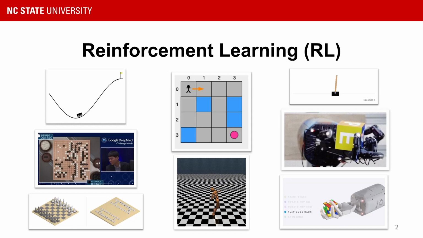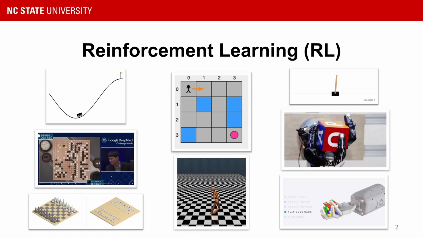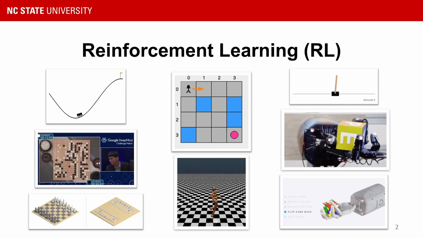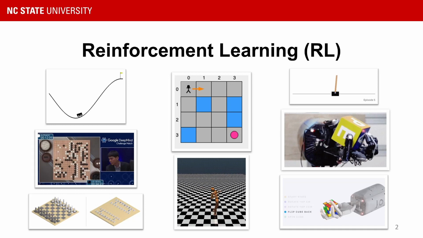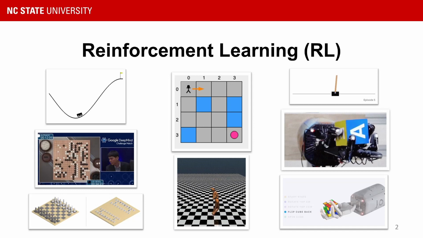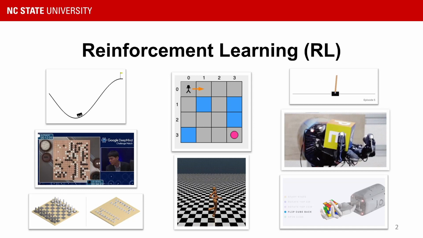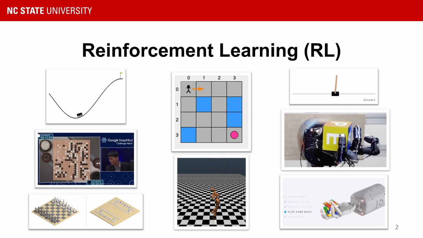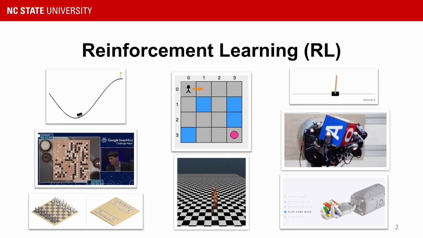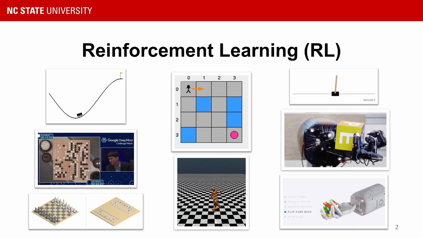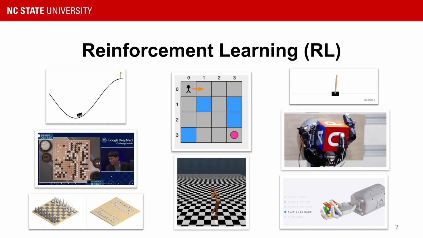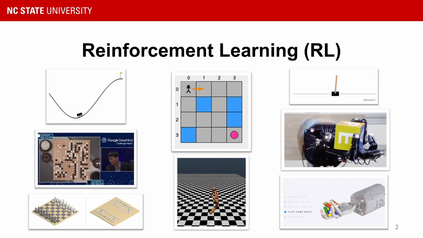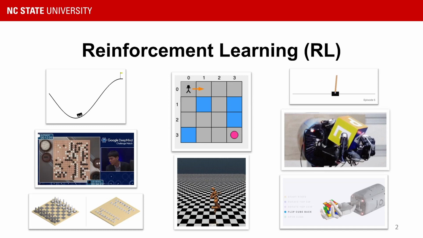Reinforcement learning has been able to successfully solve simple tasks such as the mountain car, grid world navigation, or the cart pole. In recent years, deep reinforcement learning has been very successful in more complex tasks, such as the game of Go, in some physics simulators, and in robotic tasks. Deep reinforcement learning combines traditional reinforcement learning algorithms with neural networks, which provide a very powerful function approximation tool.